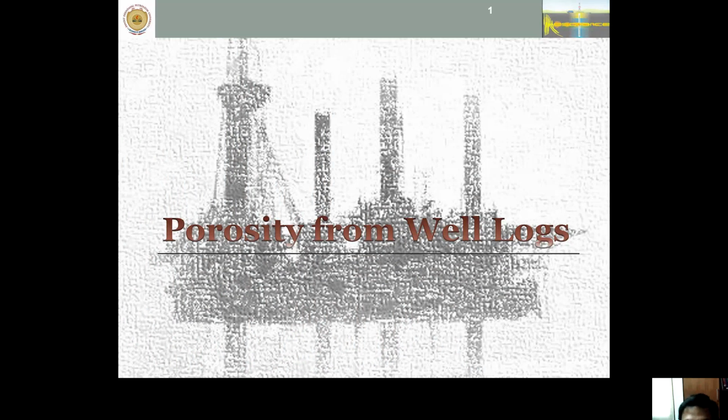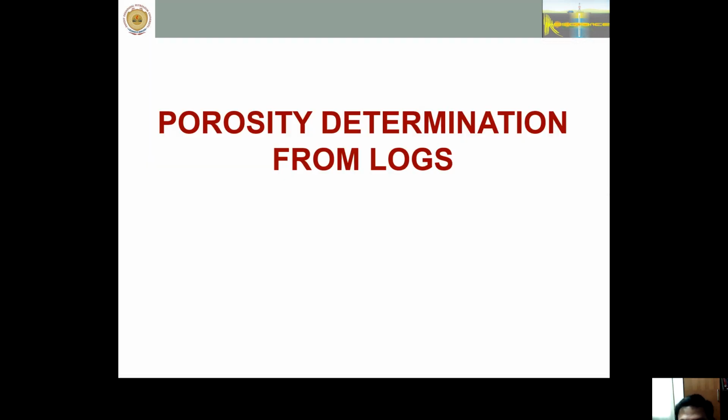Good morning to all. I'll be talking about porosity from well logs today. This will give you an understanding of how to calculate porosity from well logs. We will first talk about porosity determination from various logs, and we'll try to see how this log should be